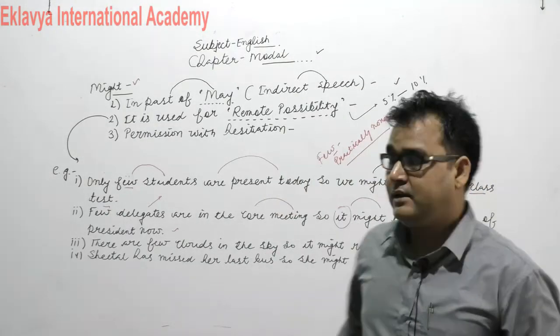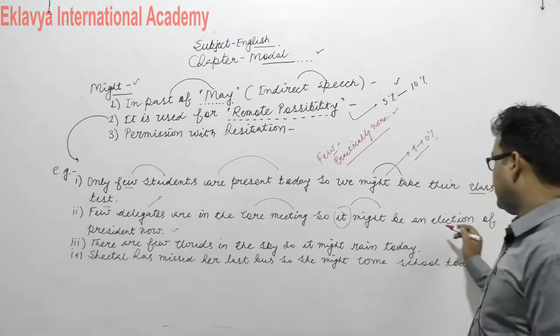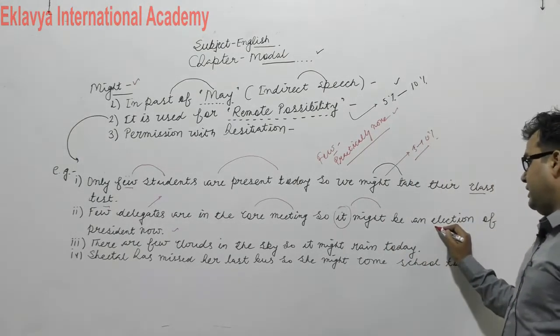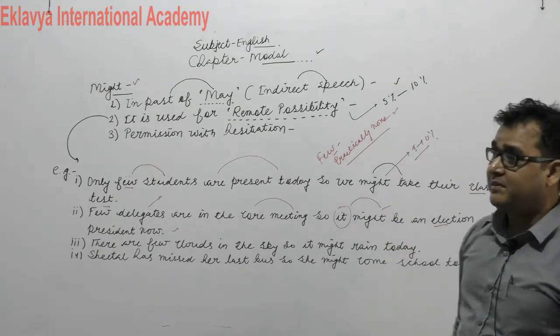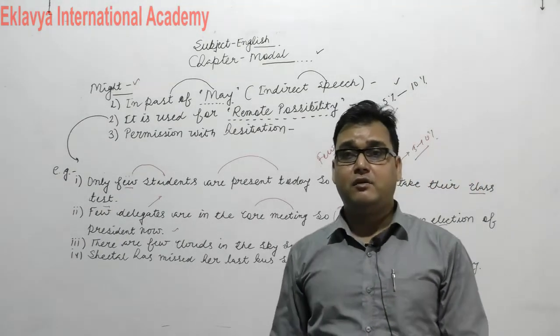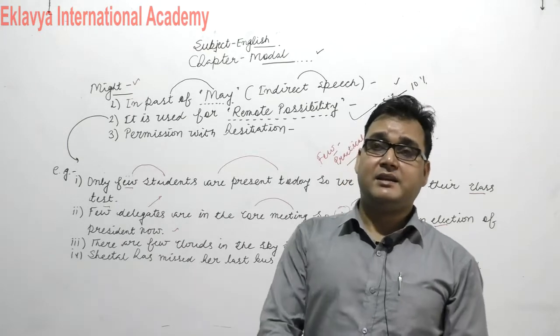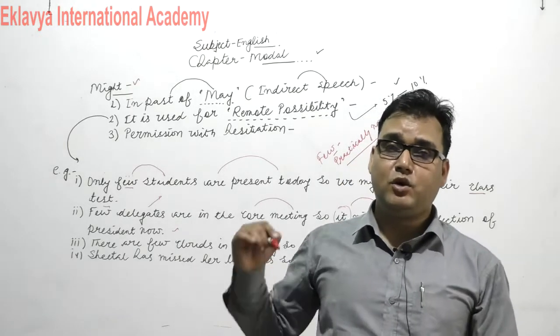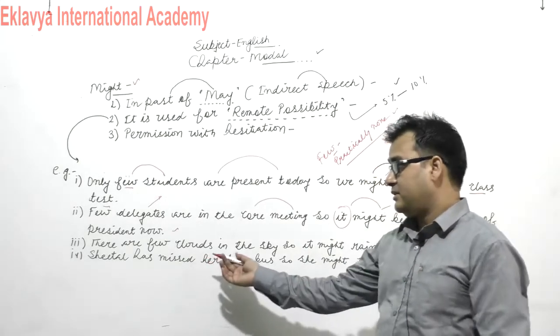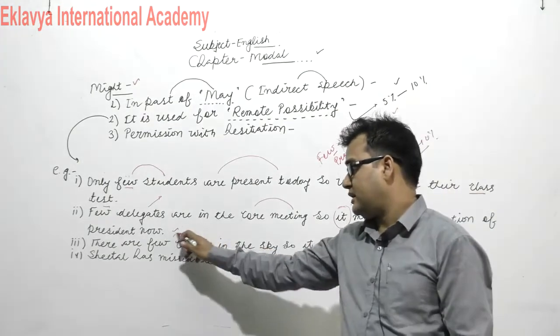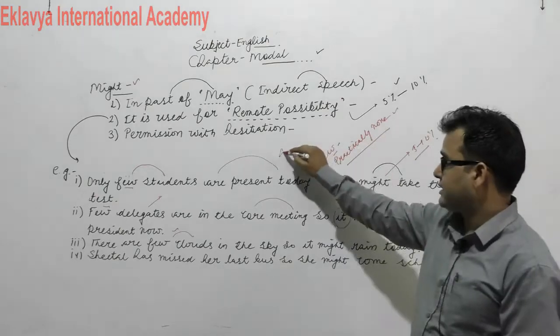Is that clear, students? So the possibility for the election of president is might here, and the might means to say remote possibility we have, or where there is remote possibility, where there is negation in possibility, you must proceed with might model only, okay? Example number third, there are few clouds in the sky, but only few clouds are there,